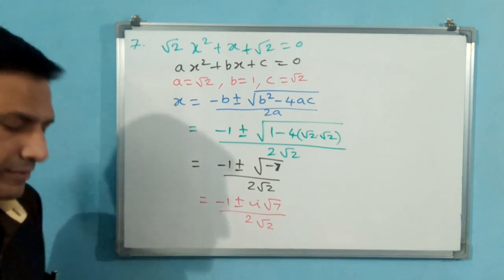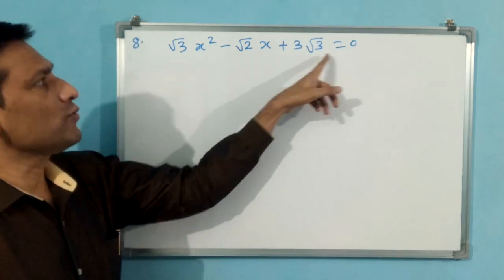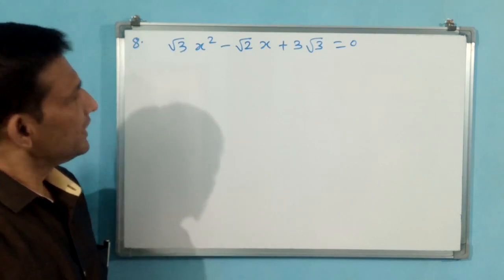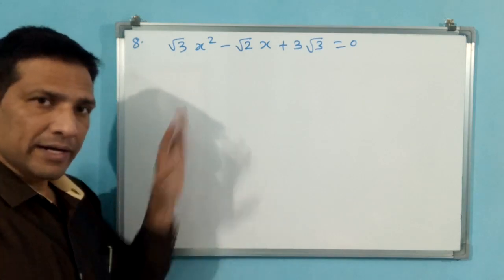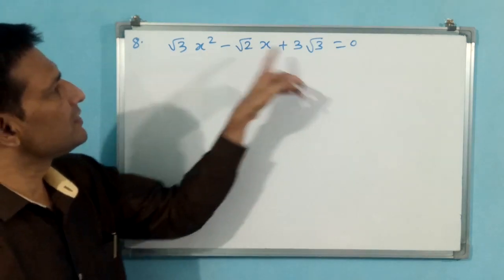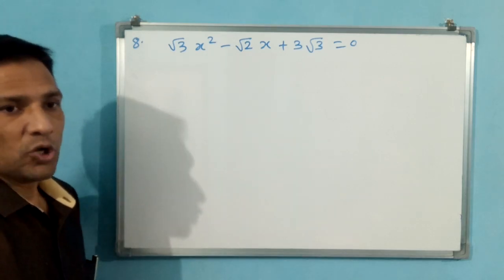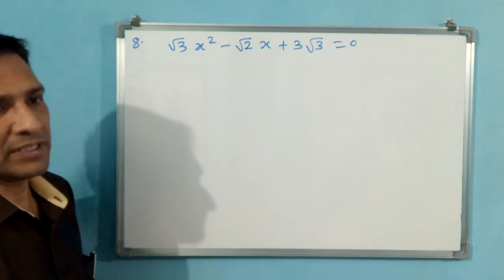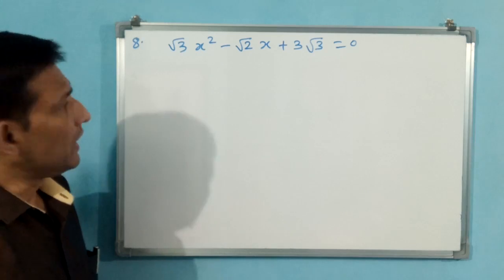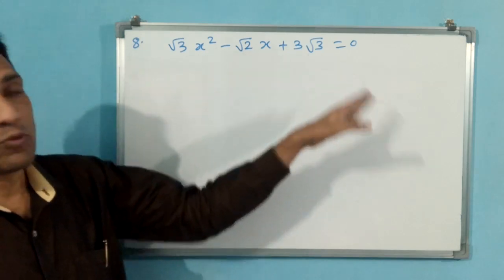Let us go for the 8th question. See the question number 8. Root 3 x square minus root 2 x plus 3 root 3 is equal to 0. Think, is it better to multiply with root 3 or let it be like this only? Root 3, if you multiply, this is going to become 3, this is going to become 3 into 3, 9. But here root 6 is going to become. Root 6 means again minus b, minus root 6 square, b square minus root square 6. Like that you have to do. See what we do, let it be like this only, we will try to solve. If it creates problems, then we multiply with root 3 and do again.